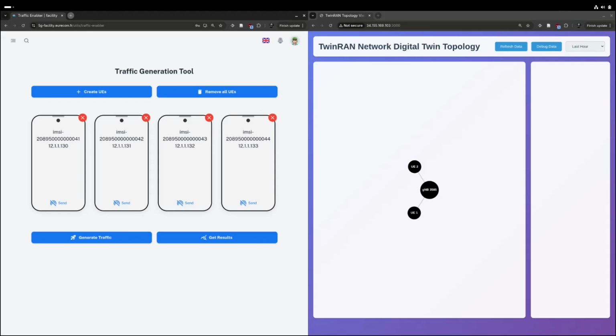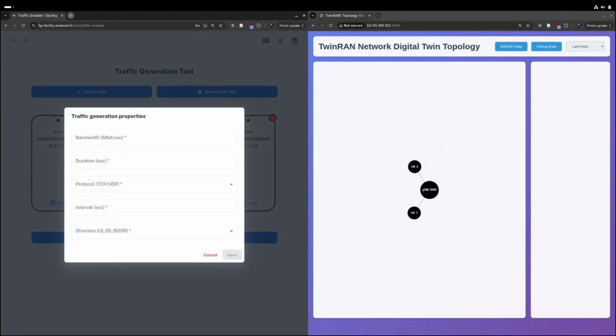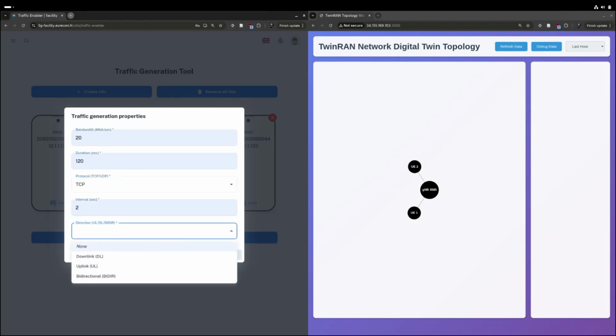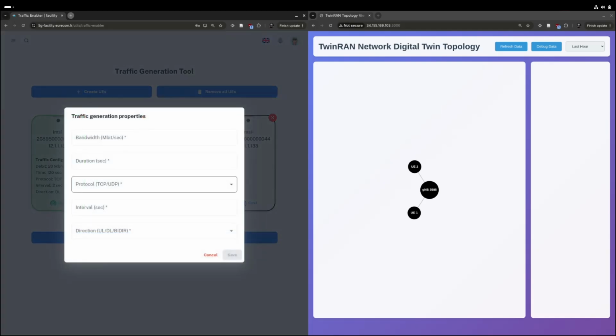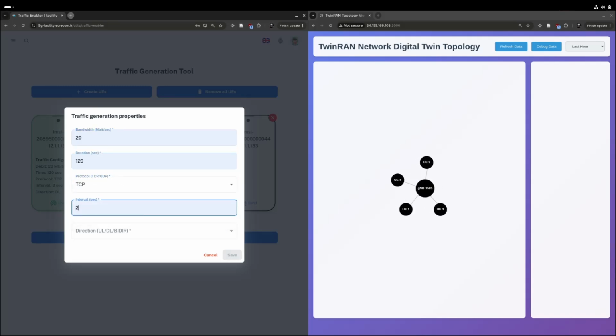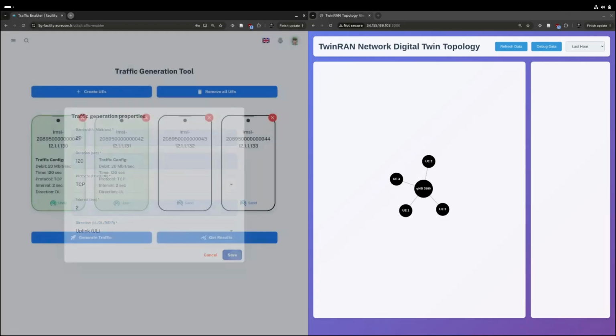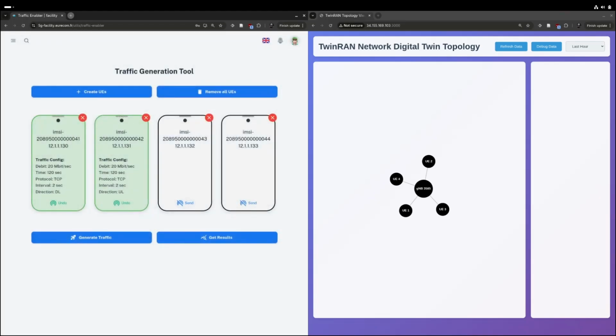We now have 4 user equipments in total, so we use the first user equipment and configure it to generate downlink network traffic. And then we configure the second one to generate uplink traffic. We run this scenario